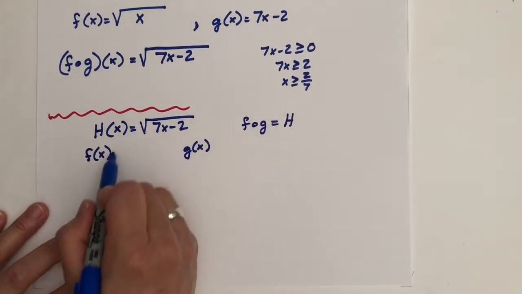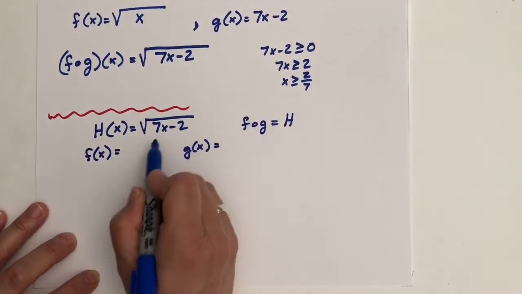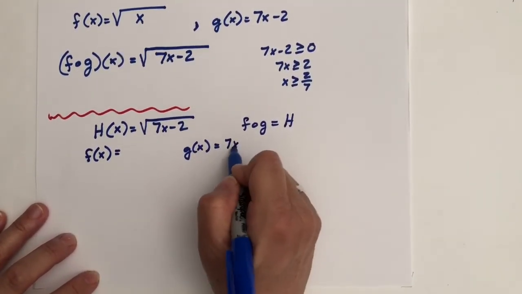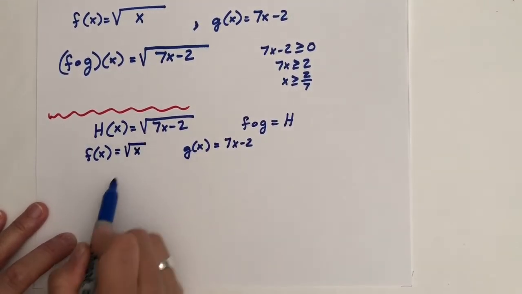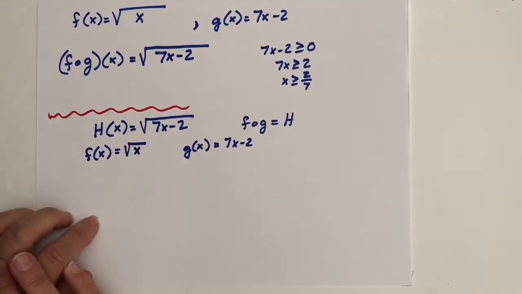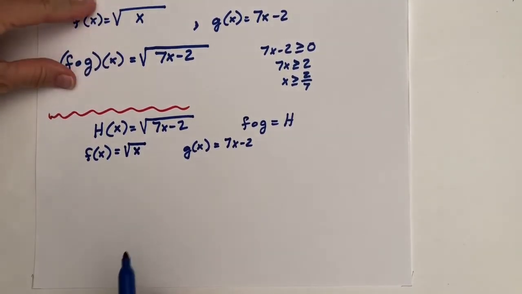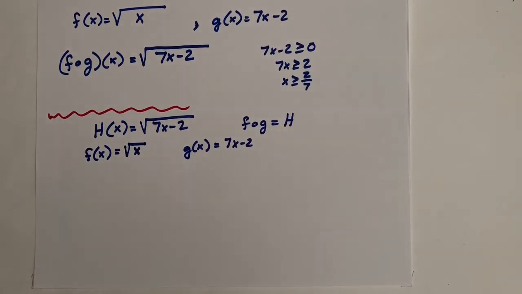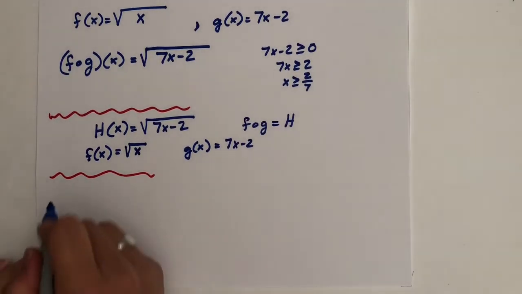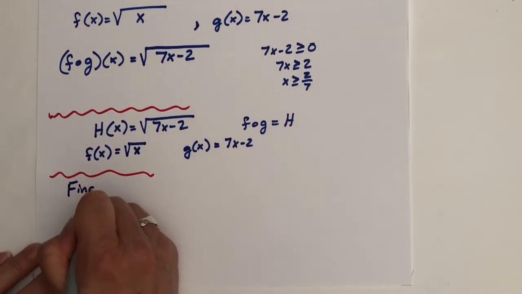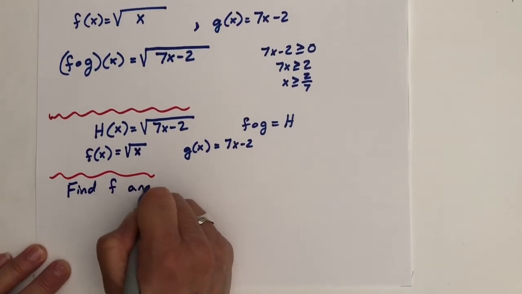Could you see how we would come up with that 7x minus 2 as the inner function and the square root of x as the outer function? Well, a little more obvious when the answer was right in front of you, but let's do another one. Suppose the problem were this, and the directions would say, find f and g